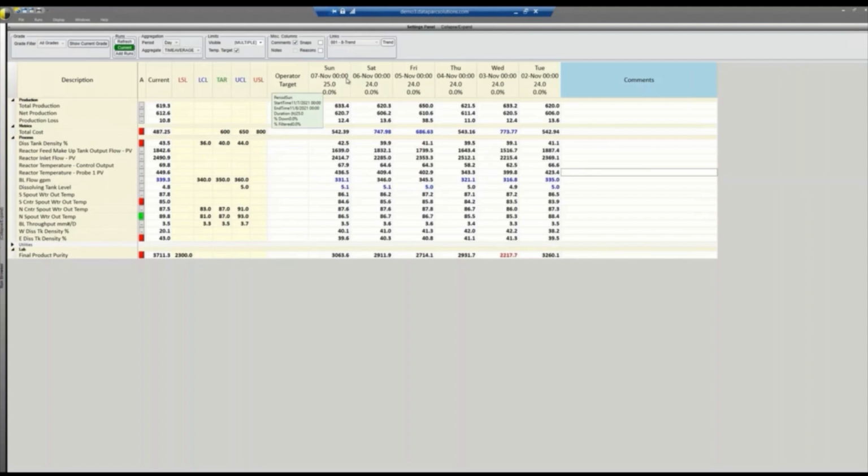In this case, we're looking at different periods of days. So each of those numbers in those columns represent the average over those days. And we can see that some of them have turned color. That lets us know that the value is outside the limits, specifically that final purity limit on Wednesday. So we want to dive in and try to figure out what possibly happened to that.